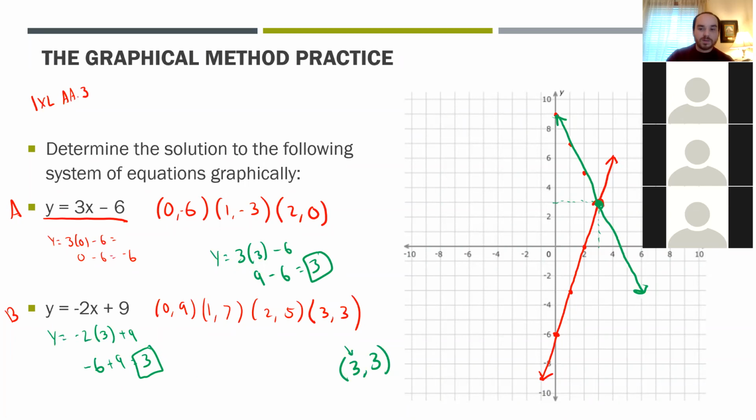So again, if you're having trouble with the graphing, please stick around, get some help. It's really important that you get this down. So if it's something that you're struggling with, please stay. But otherwise, you guys are good to go. The rest of the day is a chance to work on stuff. And again, if you're falling behind, please